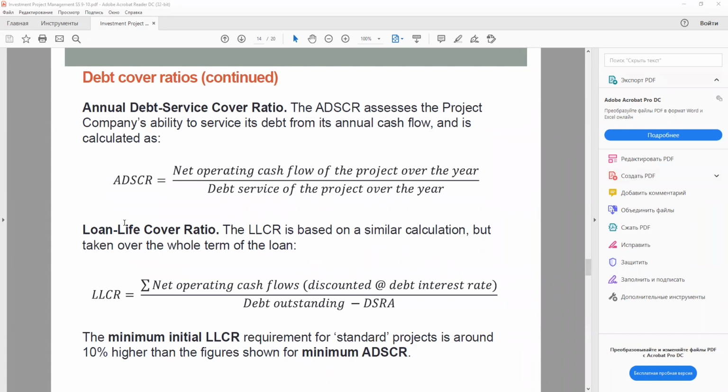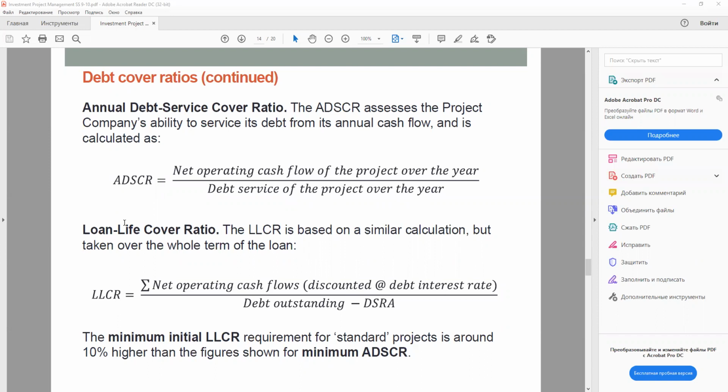The lenders look at the projected ADSCR for each period throughout the term of the loan and check that it does not fall below the required minimum at any time. The actual ADSCRs are reviewed and projections for the future ADSCRs may be recalculated while the project is in operation, because you will know things better since you started operation. The minimum ADSCR requirement obviously varies between projects. Higher risk projects require a higher ADSCR and vice versa.